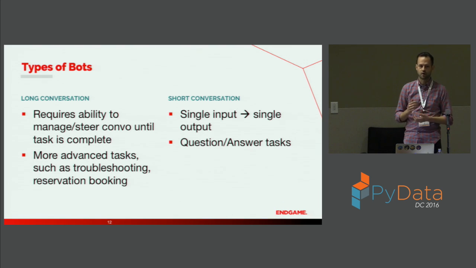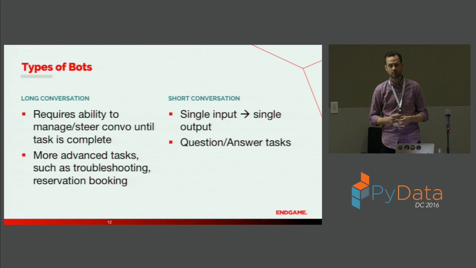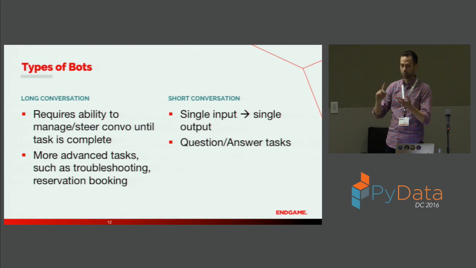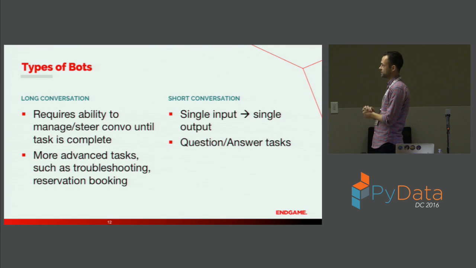Finally, long versus short conversation. Long conversation requires some semblance of intelligence in the fact that the bot kind of has to keep track of the conversation. It's keeping state. It understands what you're asking for and why, but it also in the background knows it needs to extract a series of parameters or entities, if you will, in order to complete its job. A good example would be troubleshooting or reservation booking. If I want to make a reservation for something, I can't just say, I need to make a reservation. I need to provide way more data. And the bot, knowing that, if you don't provide it right away, will steer the conversation until it grabs all that. Short conversation is much easier.